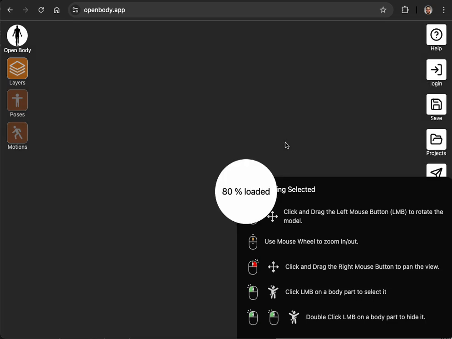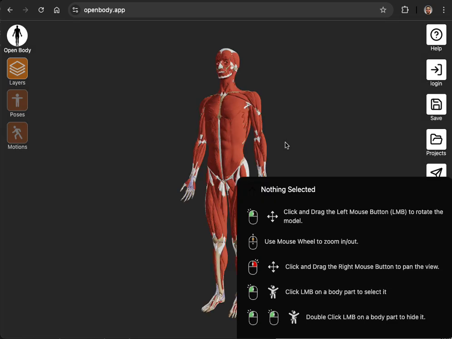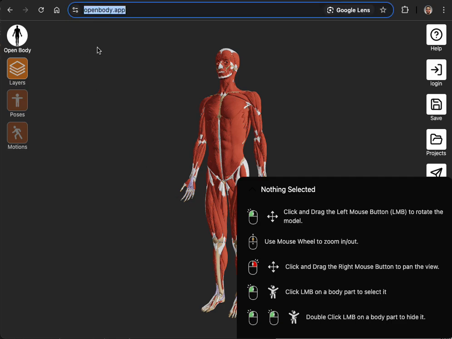So a quick introduction to OpenBody.app. It's basically an app for students of anatomy, human anatomy, to navigate and understand better the human body. So the first time you access OpenBody.app, you get this menu with the instructions on how to